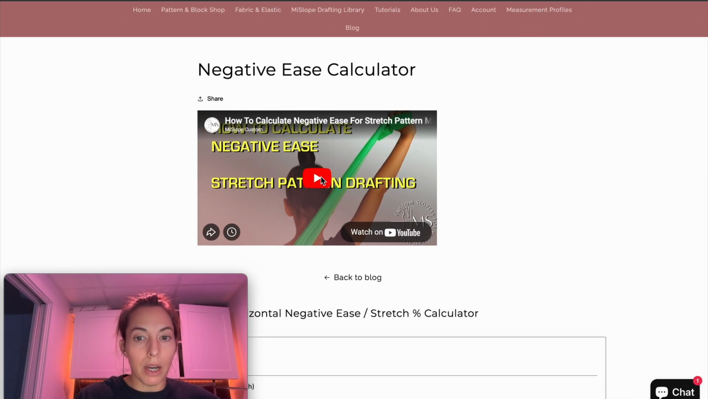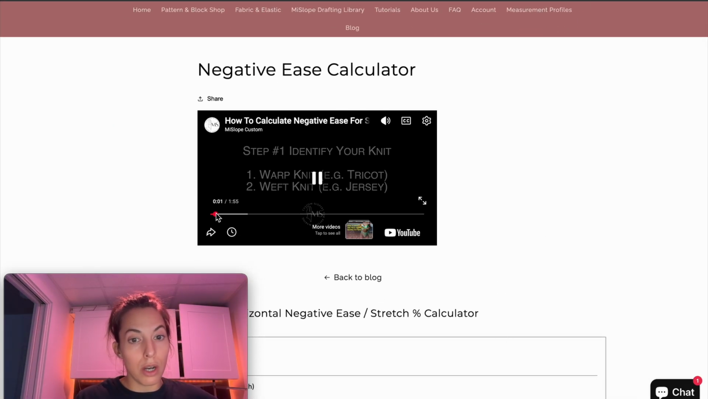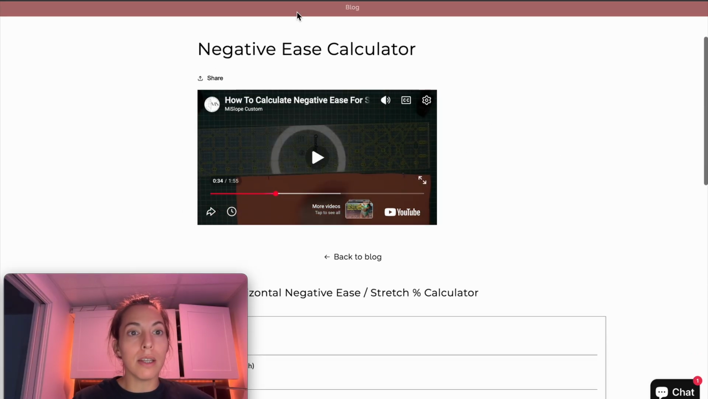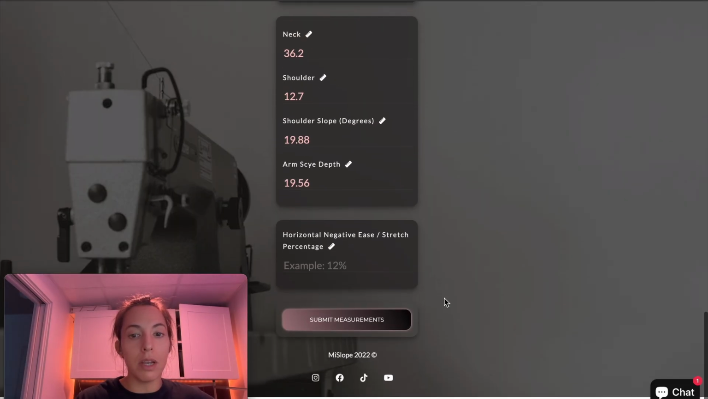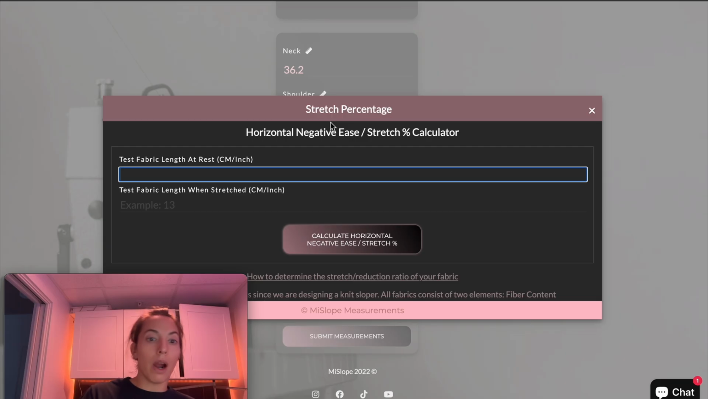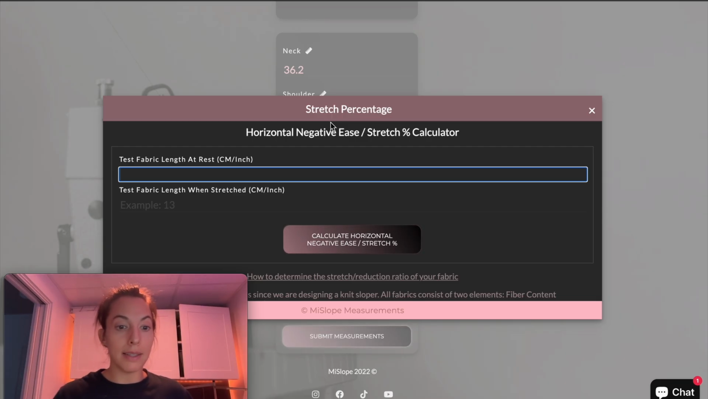We have a video here on how to do a stretch test on both sides of your fabric, so you can watch that. But essentially, you can use the calculator here or use it on that page. So our fabric at rest, let's say we cut out a 10 centimeter rectangle, we put in 10, and